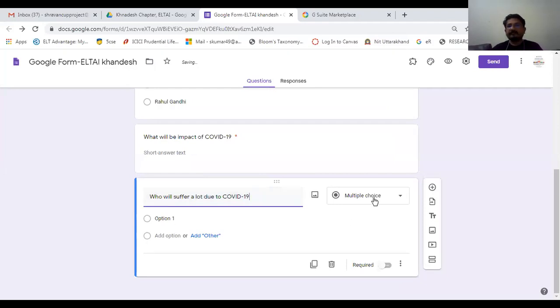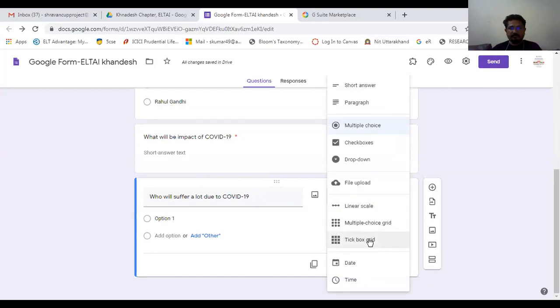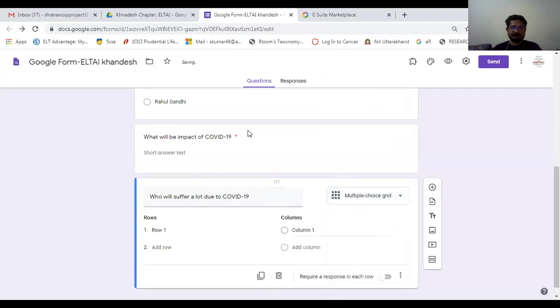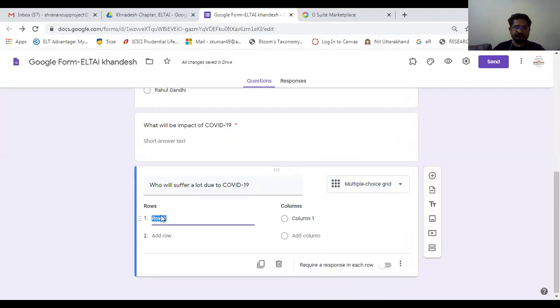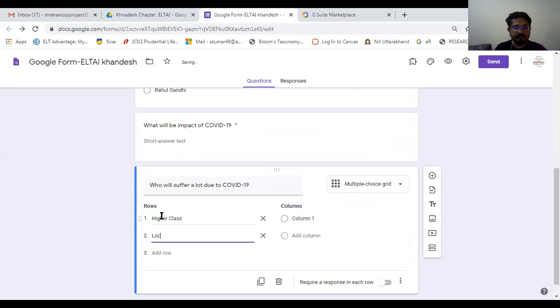And here I want a kind of analytical answer. So I'll go to multiple choice grid options. Row 1, higher class. Row 2, lower class.